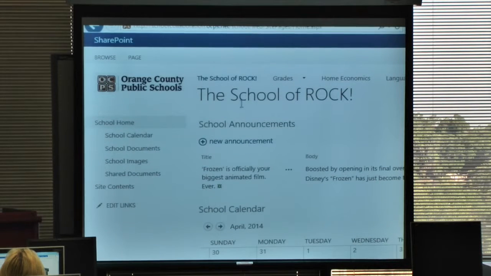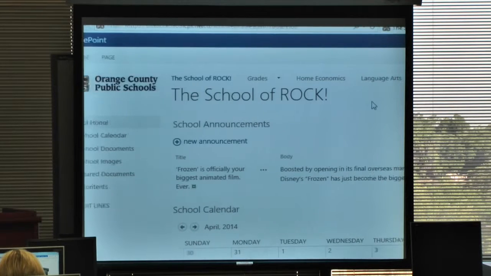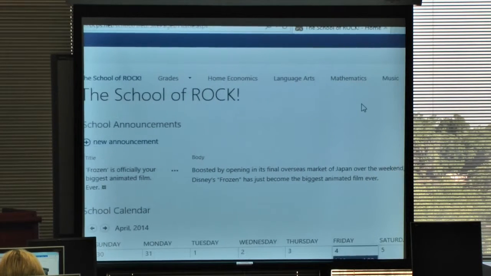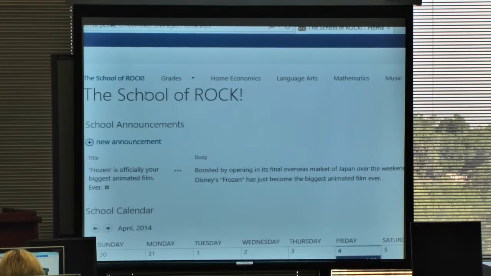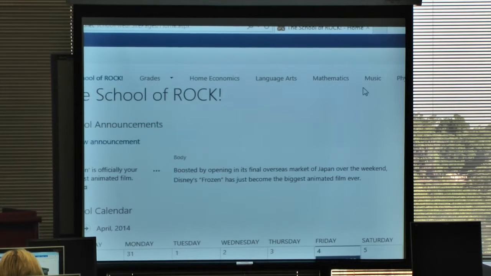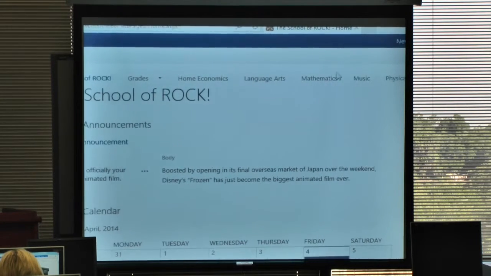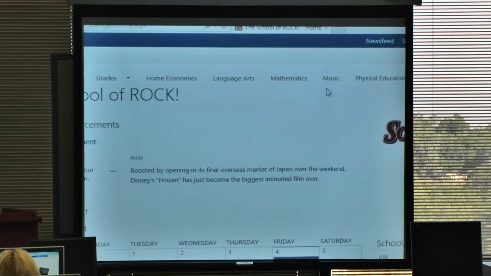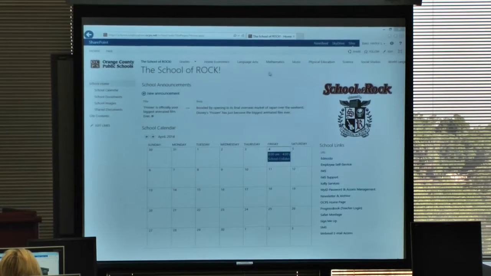Up on the top, right above the label of your school name, anytime you create a subsite, and I'm going to show you those later on, those are going to be displayed on the top. We call this the top link bar. One of the things that I want to point out, I created a bunch of test subsites on here to show you something that you might not want to do, and that is if you start creating one for every grade or every subject department,